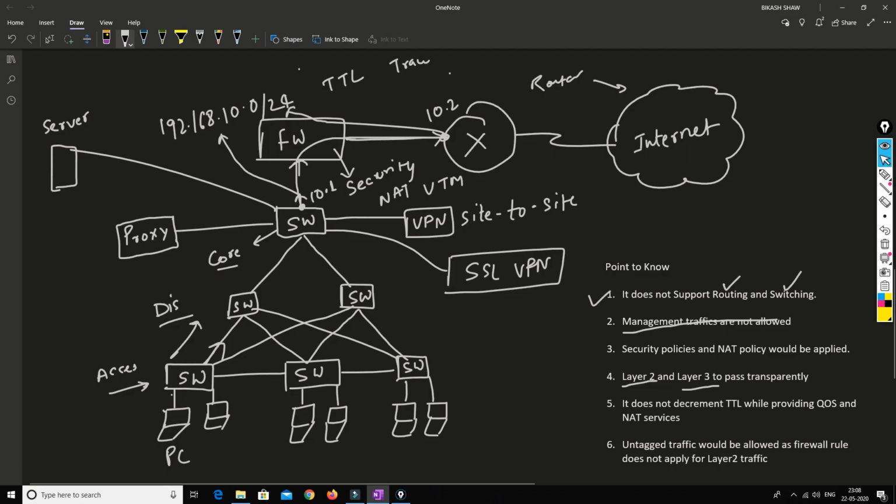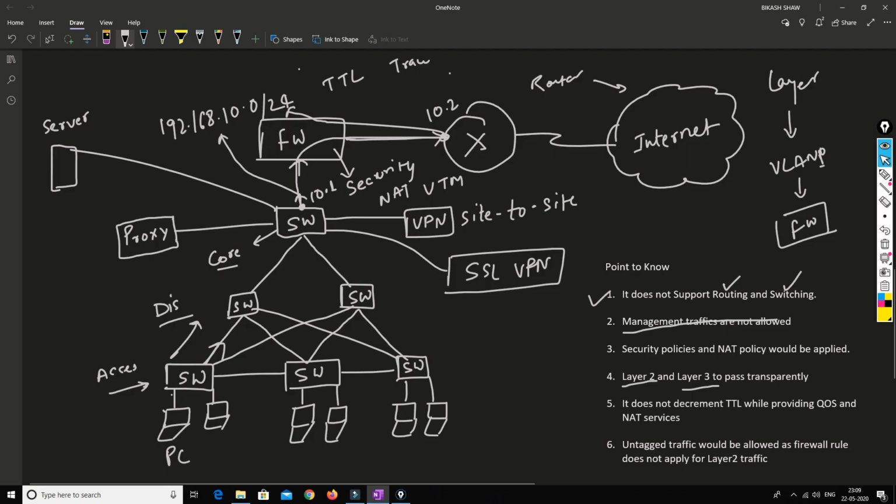Now if I talk about layer 2, when you tag traffic with, let's say, VLAN 10 in the switch and send the data towards the firewall, it will not be allowed.